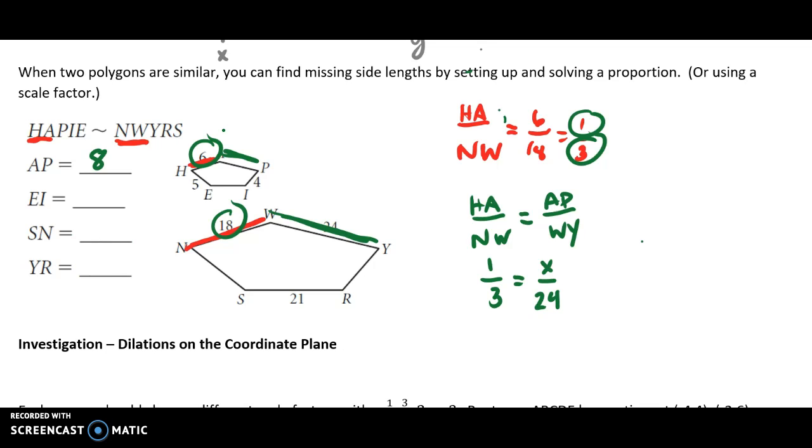So then figuring out the length of segment EI, we would look at SR, so EI should be 7. SN corresponds to segment HE, so SN would be 15. And segment YR corresponds to segment PI, segment YR would have length 12. So there we go. Again, hopefully this is a review, and we will be diving deeper into this chapter when we come back